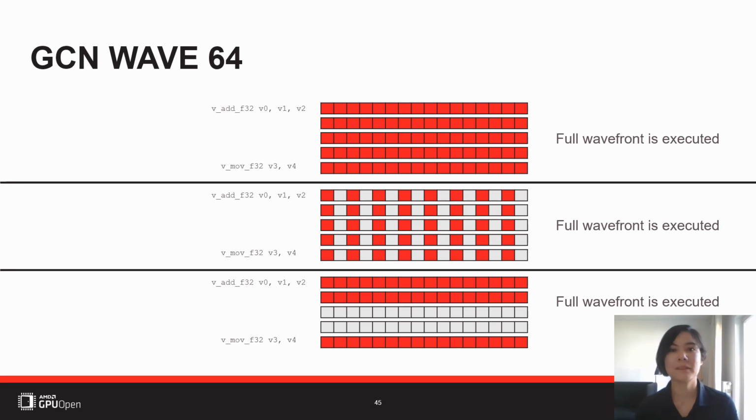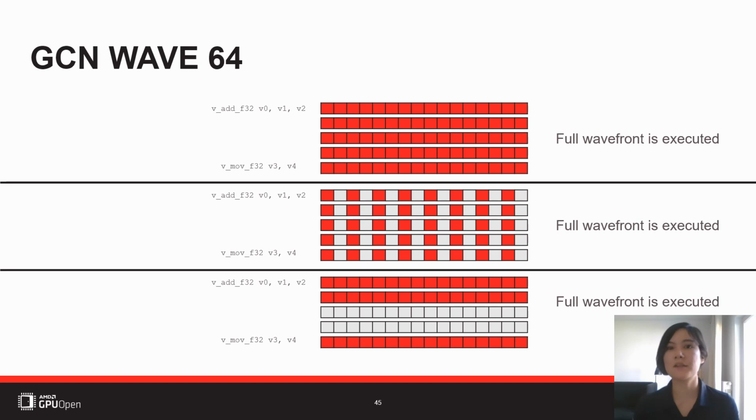Now, the example in the middle. Half of the threads are now inactive, but it's basically every second thread is inactive and the other threads are all active. So we still have to issue all the threads, so we have to go through all the 4 cycles. It's just how it worked. And the same is true for the last example. So in the last example, we also have half of the threads inactive, other half of the threads is active, but now the first half is active and the second half is inactive.